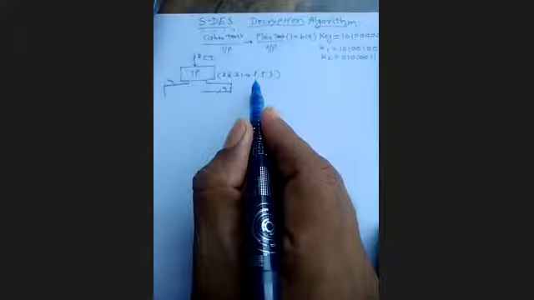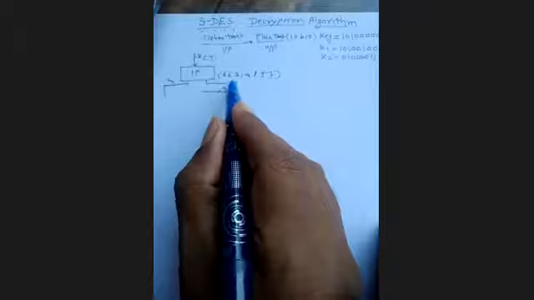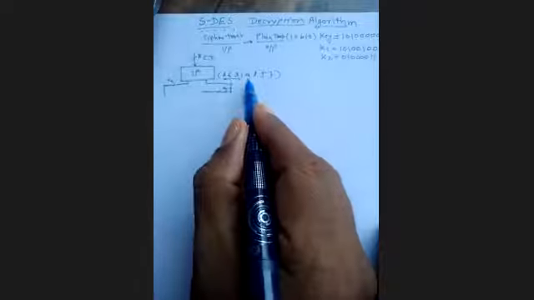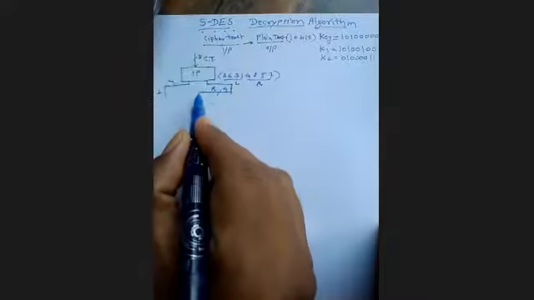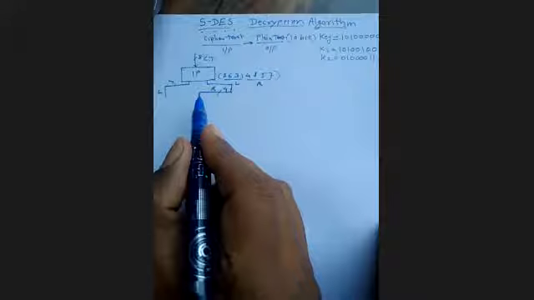After initial permutation, I have to divide it into the 4-bit parts. So this is the first 4-bit part, and this is another 4-bit part. You may say this is my left 4-bit part and this is the right 4-bit part. That right 4-bit part you have to transfer over here. So here I am writing R, and here I am writing L. Understood? Left and right part. Once I have transferred this, go for another